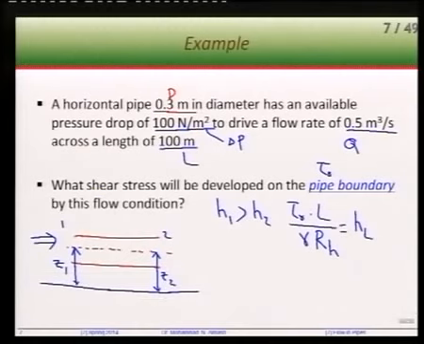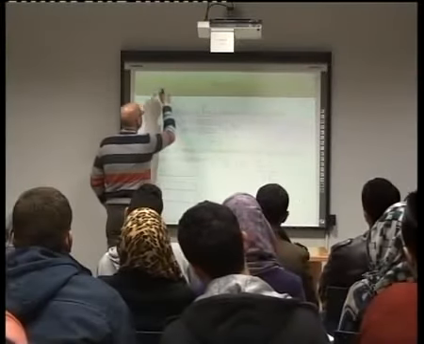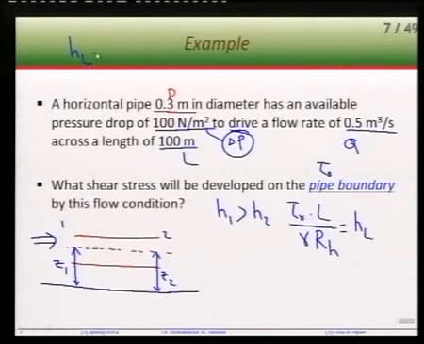Now, this is the starting point. Now, for this to equal HL by gamma. So HL now will equal